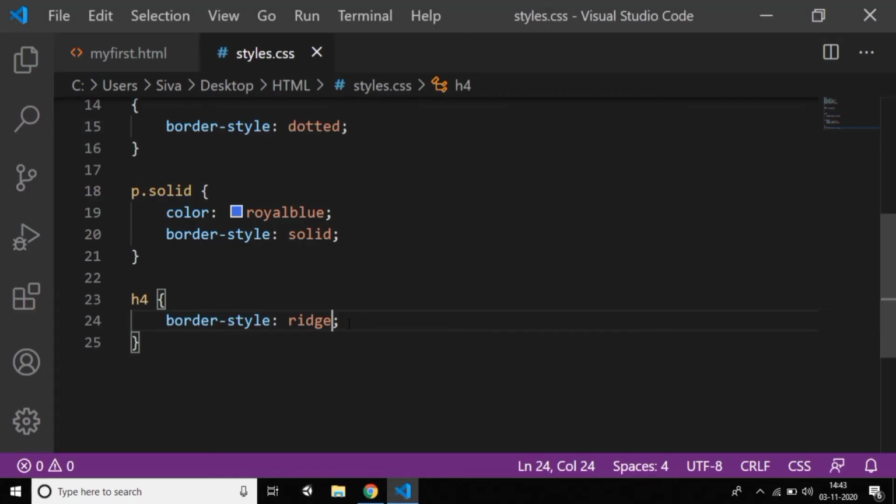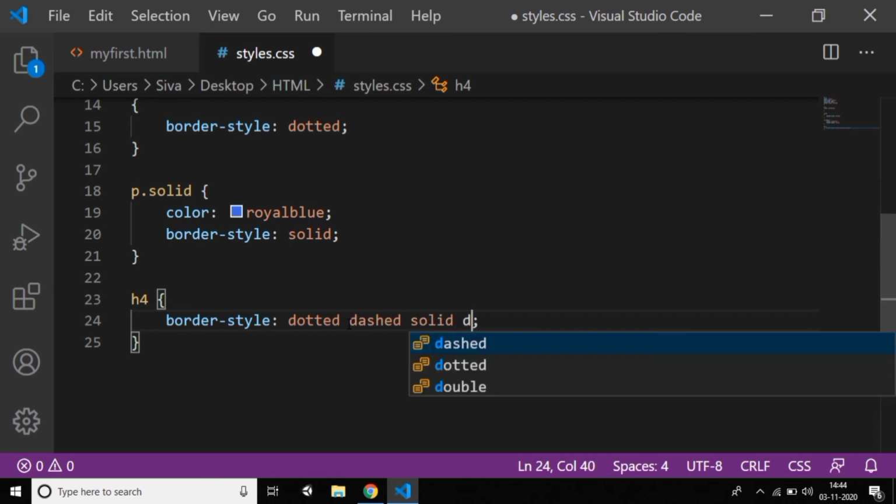One more thing: you can give multiple borders also. Give dotted, then dashed, then solid, and then double. The difference is that first we get dotted, then dashed.